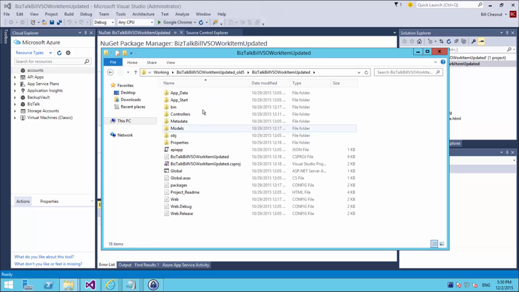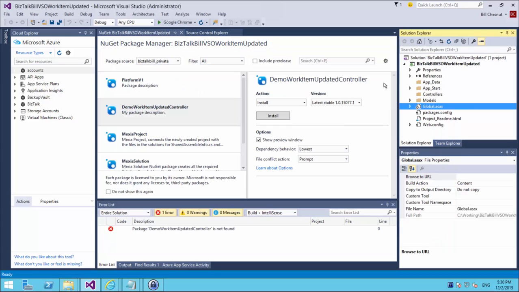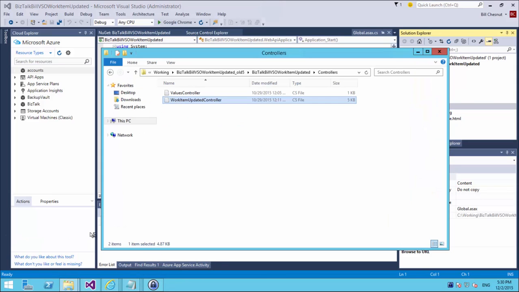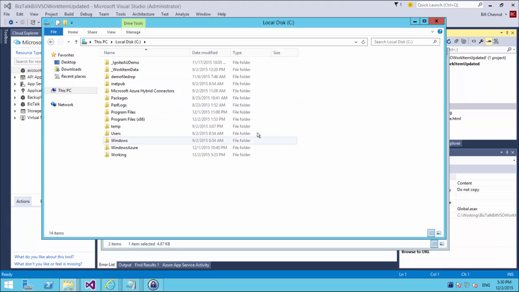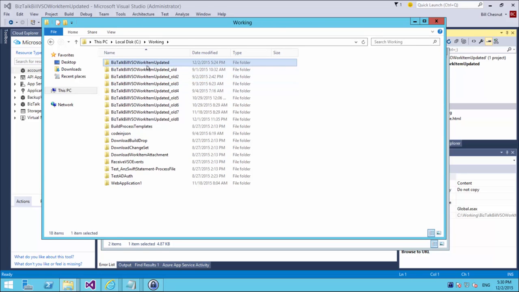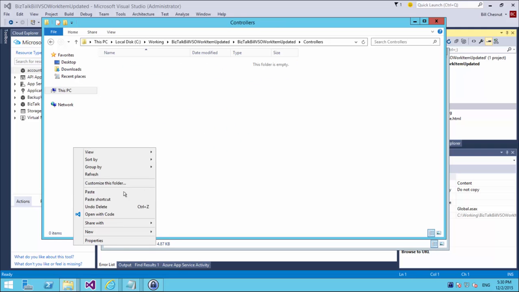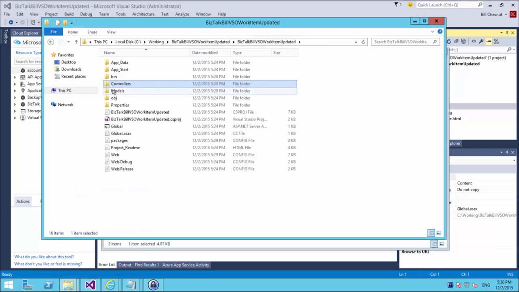But I've done this talk at a couple other places, so I'll go in here and grab my work item controller, and I will drop that into the right spot in my project. So working with the controller, I'll paste that in there,